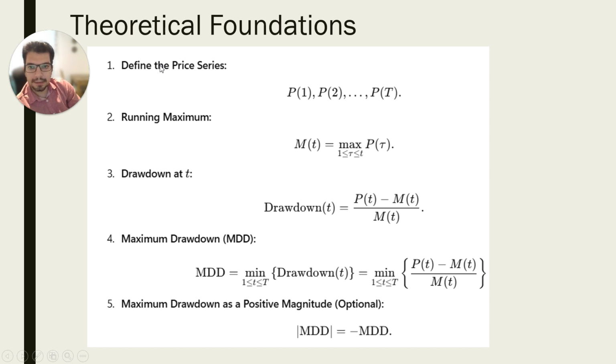So at the first step, we have the price data from P1 to PT. The next step is to calculate the running maximum, or some people call it the cumulative maximum. The definition of that is, in a specific period of time from the beginning till the current point, we pick the maximum one. After that, we can calculate the drawdown, which is derived